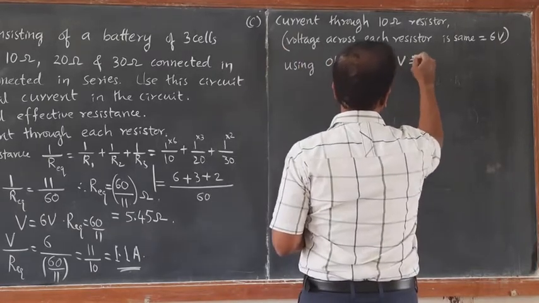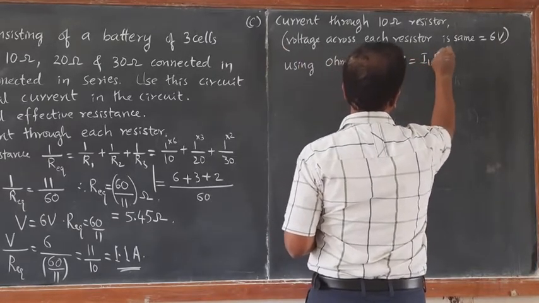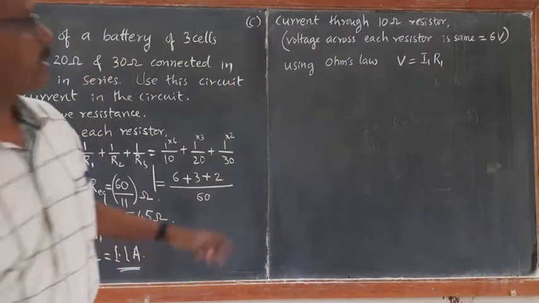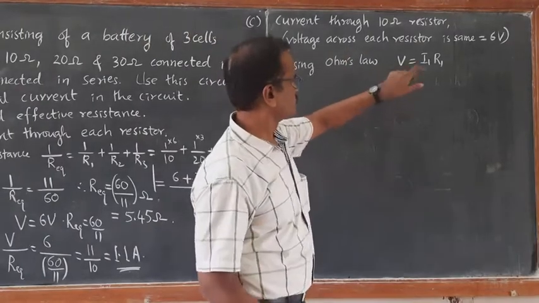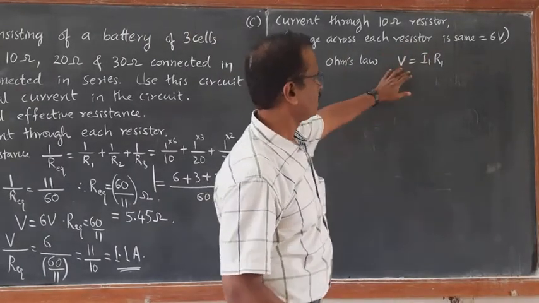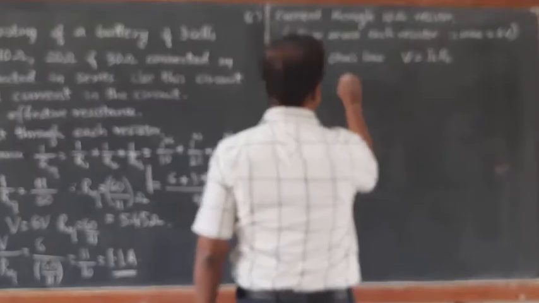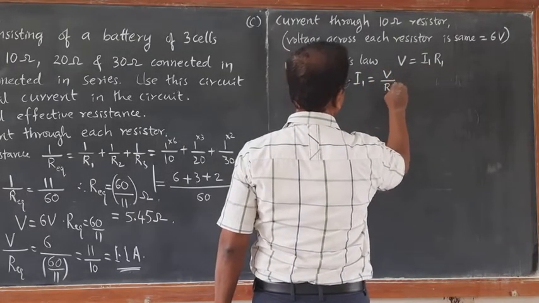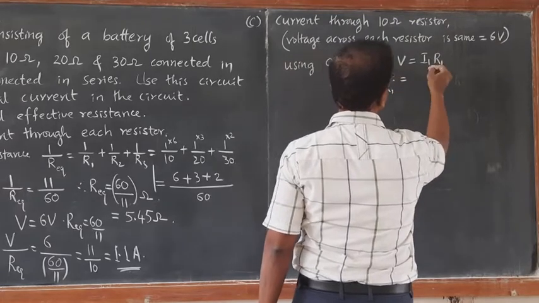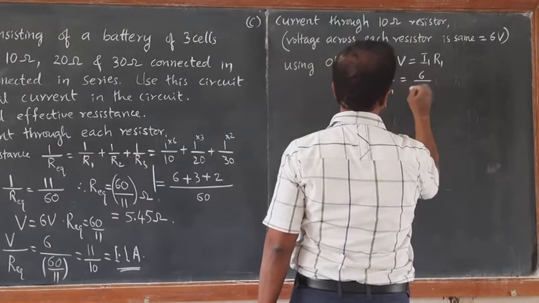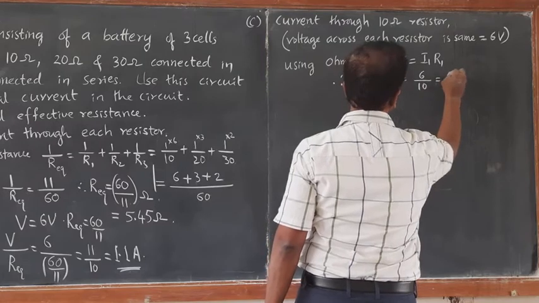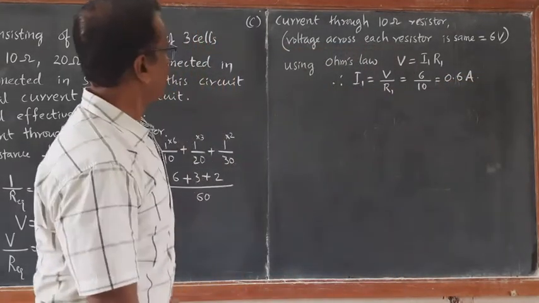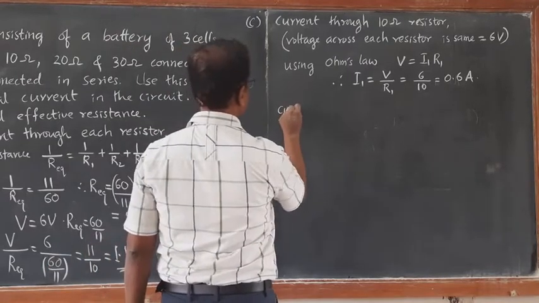V equal to I1 R1. We have taken the 10 ohm resistor as R1. So V is the same, 6 volt. I1 can be calculated. Therefore, I1 is equal to V by R1. V is 6, R1 is 10. So it becomes 0.6 ampere. Now the second one, current through